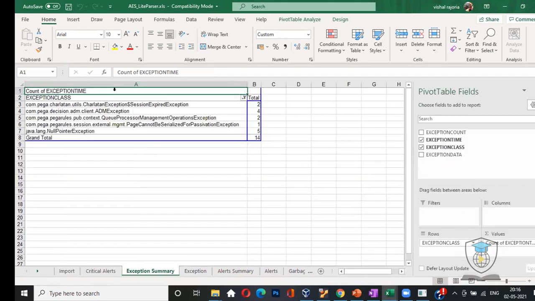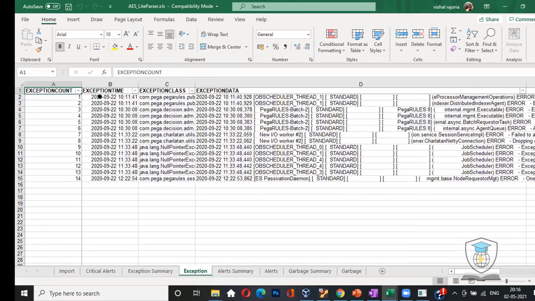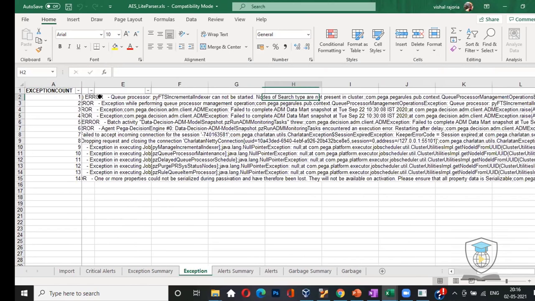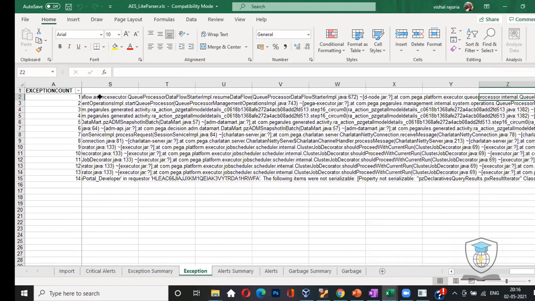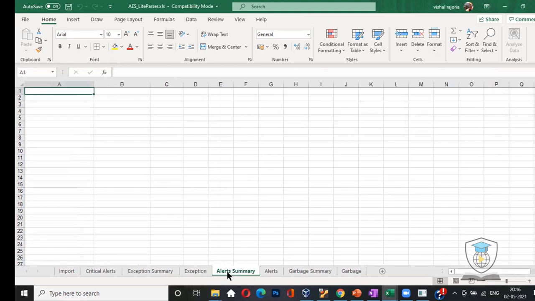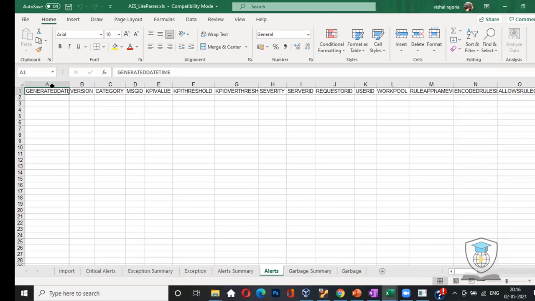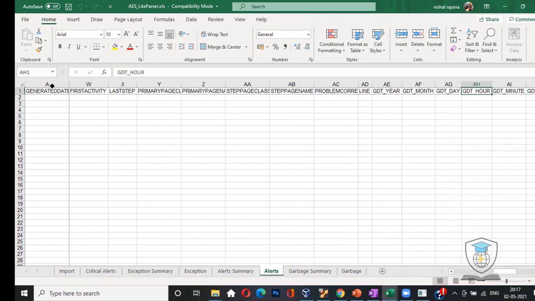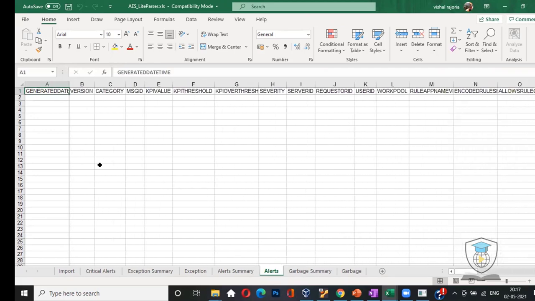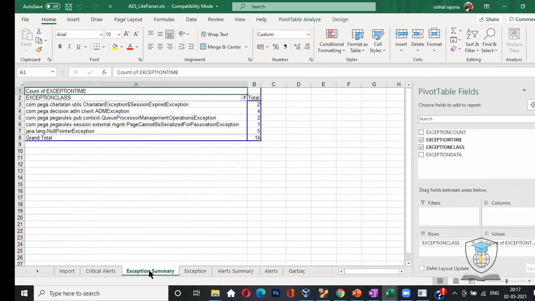So it is giving you a pivot table of all the list of exceptions that we are having in our system. And when you click on this exception, data is quite organized. This is a kind of a summary of the data, the detailed Excel for the alert log also. It is showing the alert summary. Right now there is no alert in this, it is Pega rule. And here you will get all the list of what I told you previously. You will automatically get this from PLA. So this is another way. This exception summary is good.